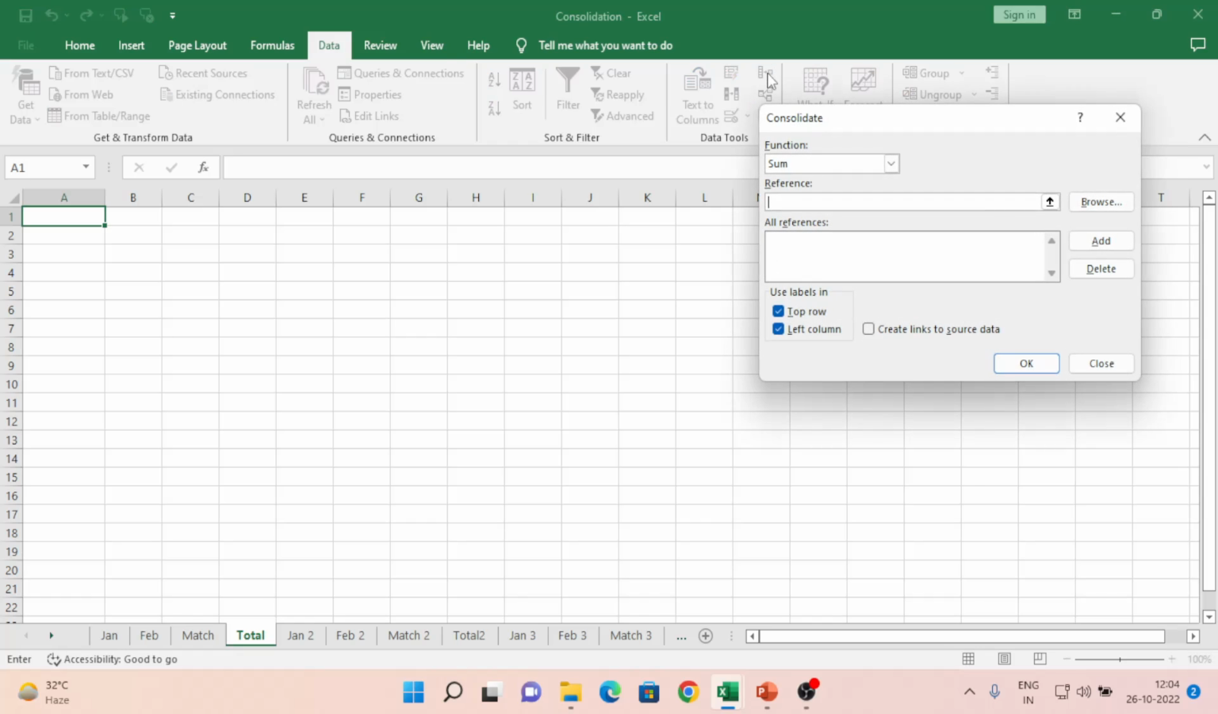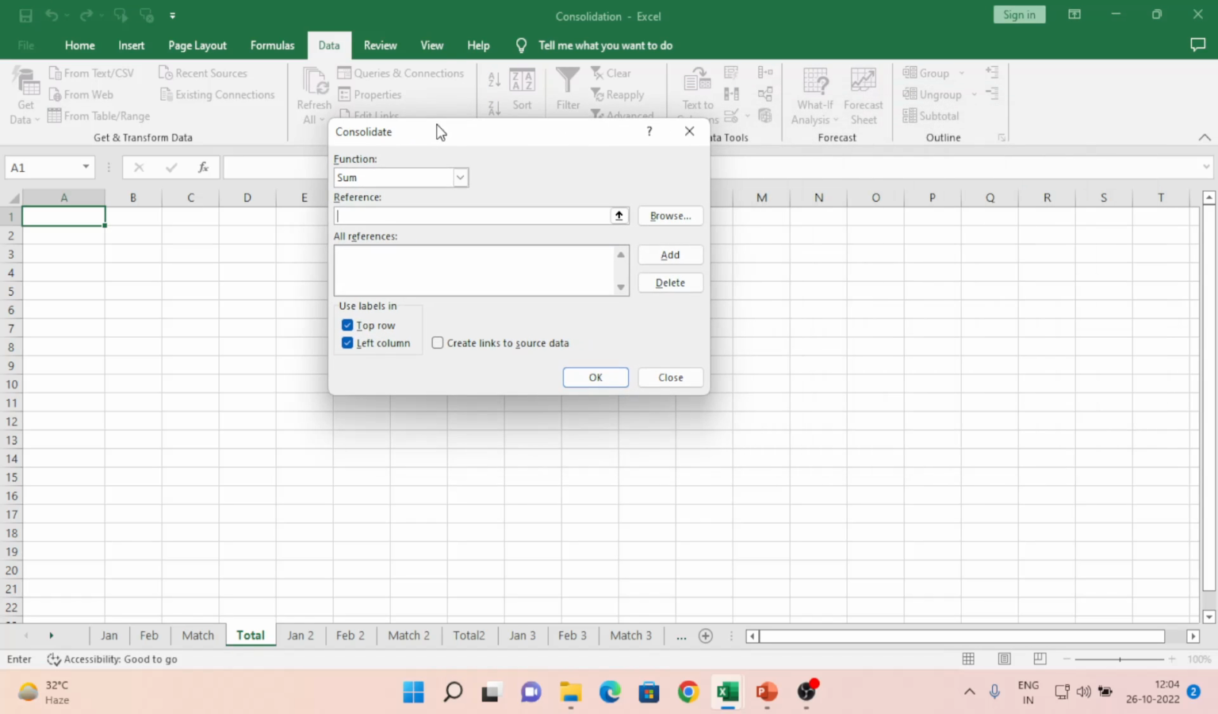Just click on this. Once you click on this, you will get the Consolidate window where you have to provide 3 things. The first thing is the function: once you consolidate all these 3 sheets, what do you want, sum, count, average, max, minimum. There are a lot of functions given. As of now we will go with Sum. I am clicking OK on Sum, and then